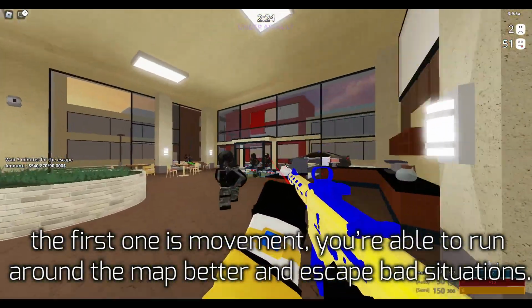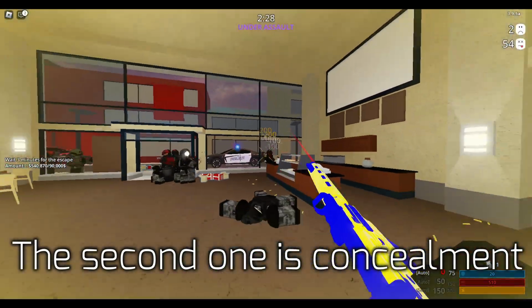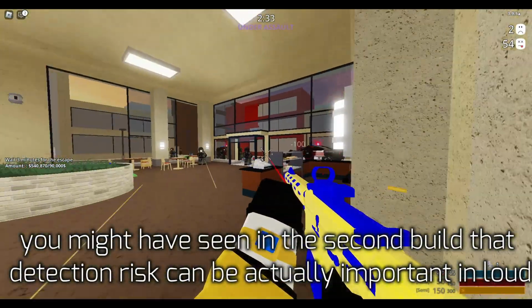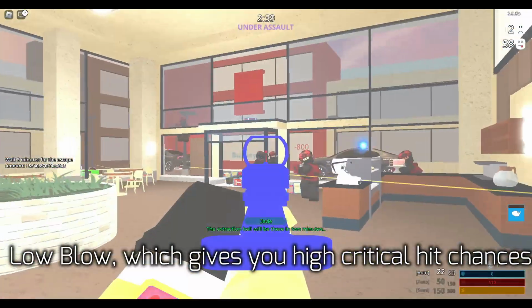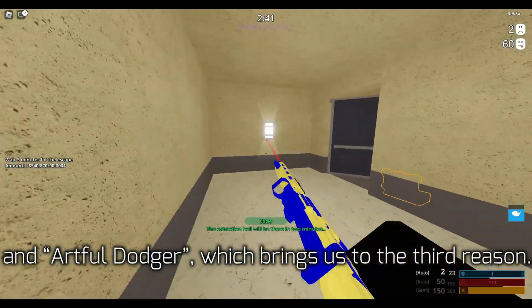The first one is movement. You're able to run around the map better and escape bad situations. The second one is concealment. You might have seen in the second build that detection risk can actually be important in Low because of two skills you can hit. Low, which gives you high critical hit chances, and Artful Dodger, which brings us to